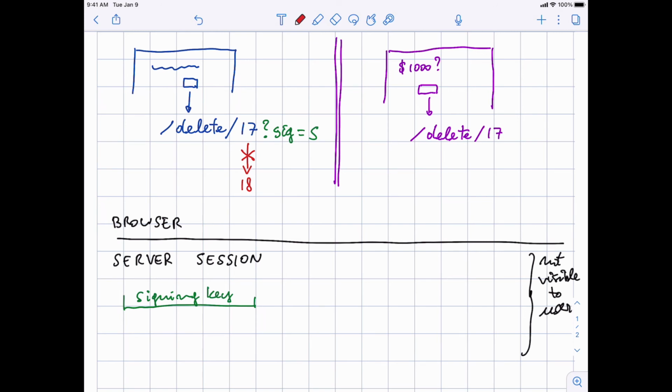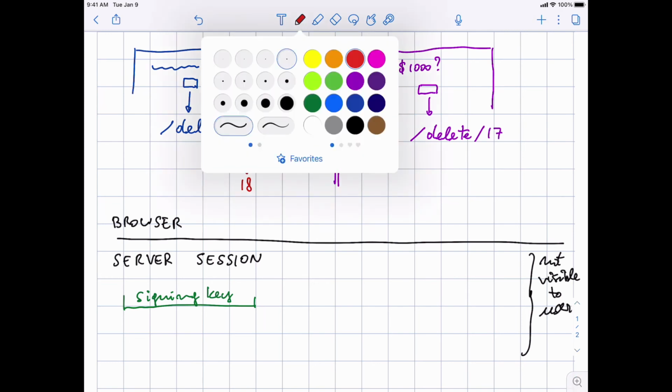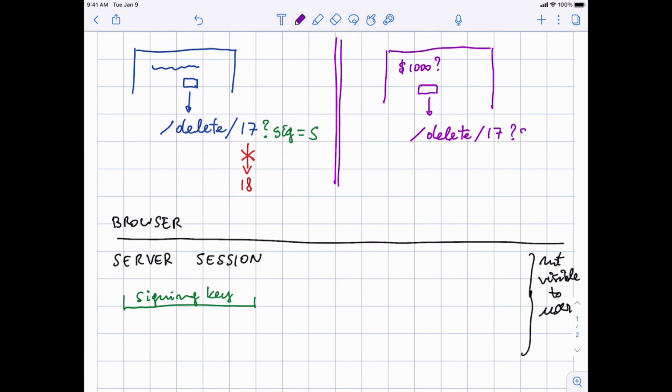Not only that, but in the other tab, the user cannot manufacture the proper signature, not even for delete 17. Okay? There is no way in which the user can add a signature here. Okay? It does not know how to do it. So this attack also is not possible. Because in the browser tab, there is no way for the user to know the proper signing key.